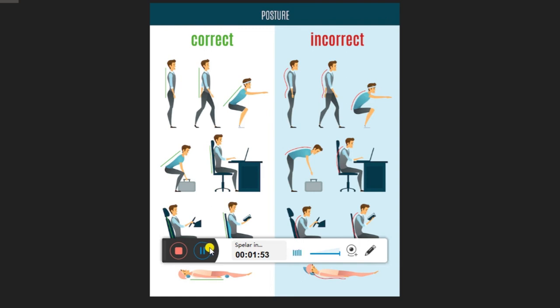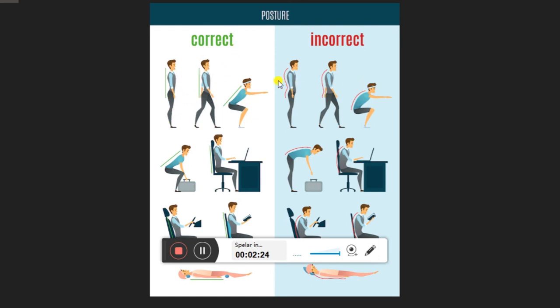Now children, here you can see talking about the importance of good posture and exercises. So basically the correct posture and incorrect posture are shown, the way to sit and stand. The position in which someone holds their body while sitting and standing, that is called the posture. So we must maintain a good posture while sitting and also while standing. So that makes the muscles relaxed, and also we will not feel tired. So correct posture is this one.